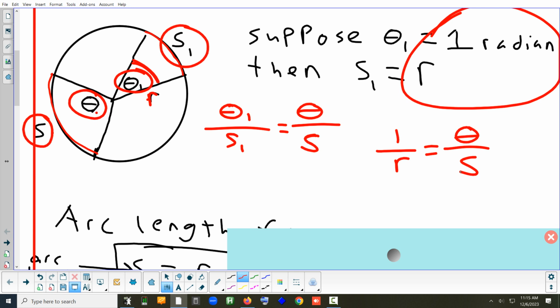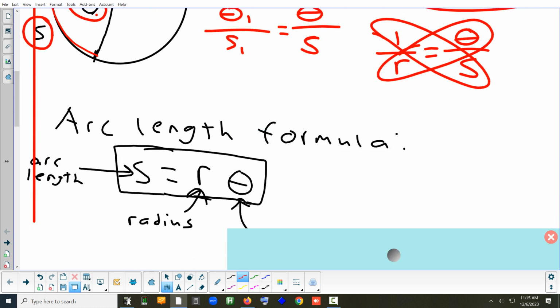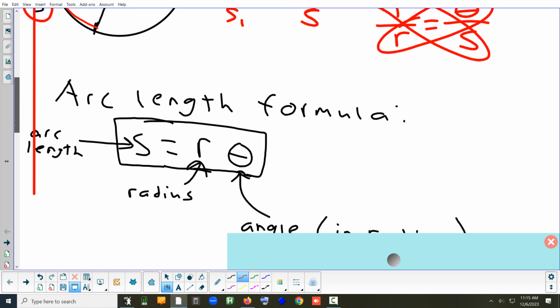All right. Now, I want to solve that proportion and get S by itself. Okay, how do we solve a proportion? Just cross multiply. And so when you cross multiply, what do you do? Well, one answer is S equals R times theta. Yep, exactly. 1S equals R times theta. And that's the formula for the length of an arc on a circle. S is the arc length. R is the radius. And theta